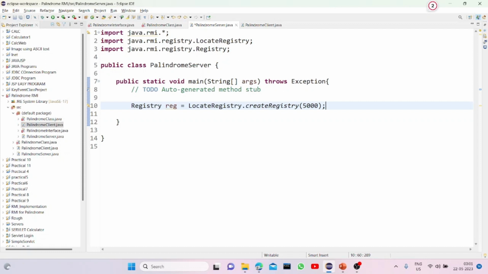Now, what does this line mean? Basically, this line creates an RMI registry on port 5000. Now, what is an RMI registry? The RMI registry acts as a central repository where objects can be bound to names and located by clients. Okay,